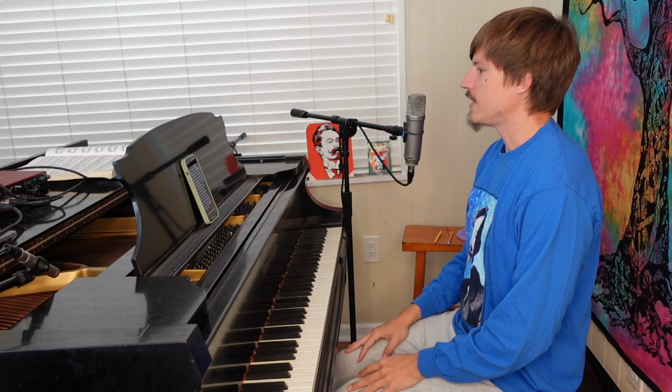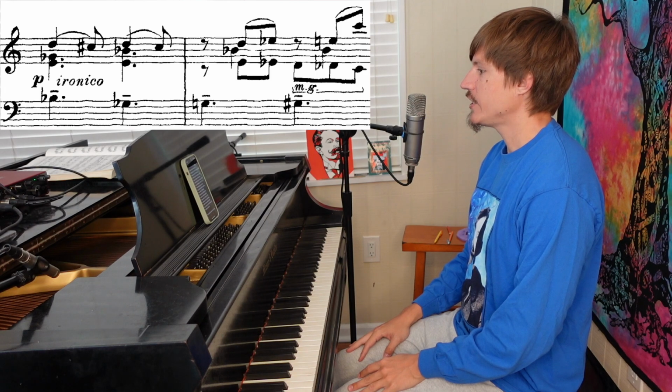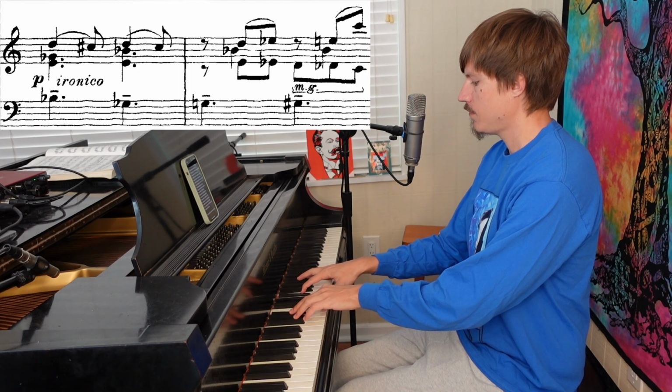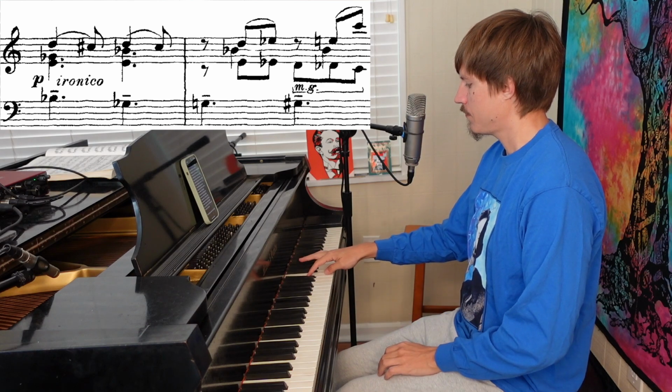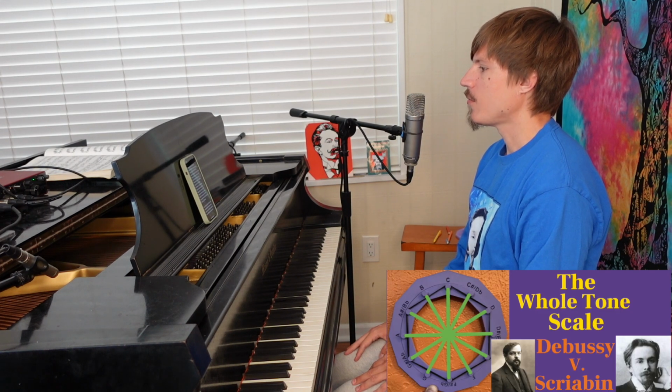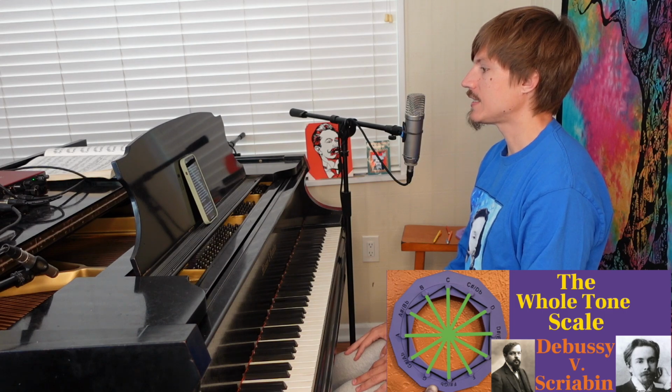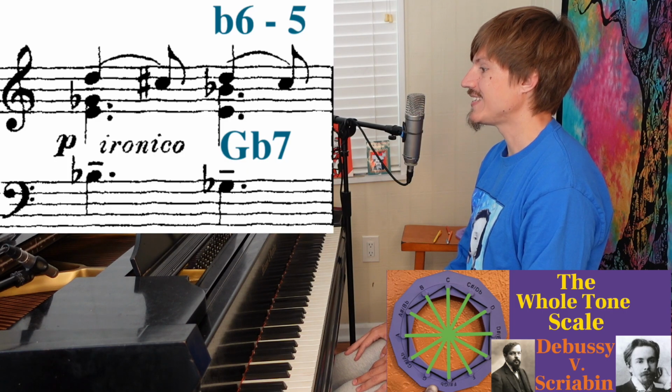Scriabin's ability to portray feelings of sexual and spiritual desire is really at the core of his artistic expression. Now let's explore how he creates this feeling of tension and yearning by emphasizing dissonance in the harmony. My favorite motif in this piece, which we'll be analyzing, is the tension and release motif. I mentioned this excerpt in my video on the whole tone scale because it's one of the best examples of the 7 flat 13 chord being used as a dissonance that resolves from flat 6 to 5.